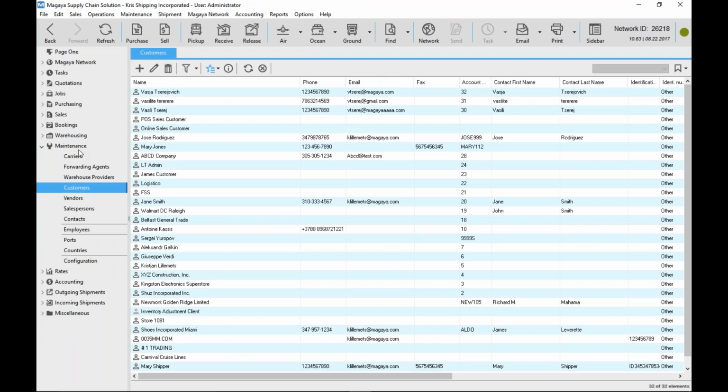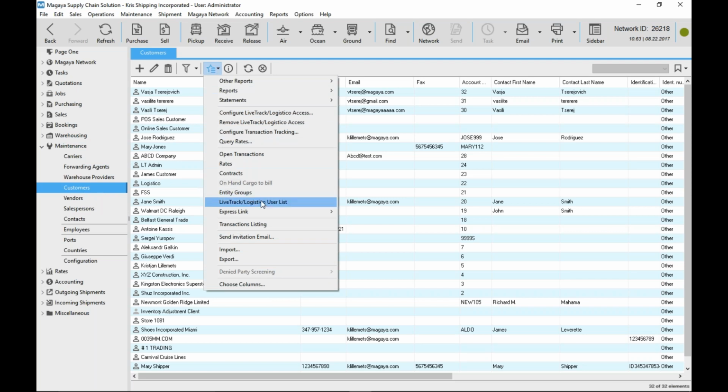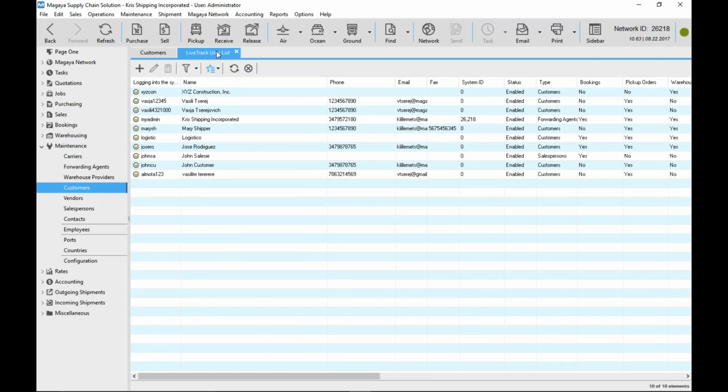So any list in Magaya that shows entities that can have access to LiveTrack, so customers and forwarding agents and contacts, it has another view available that's called LiveTrack user list. Okay, so if I open this LiveTrack user list from the actions button, I actually can see everyone who has access